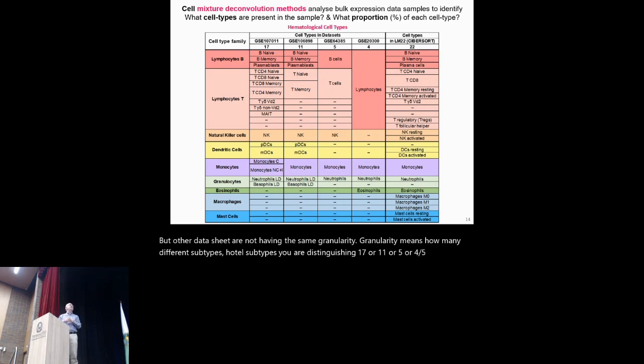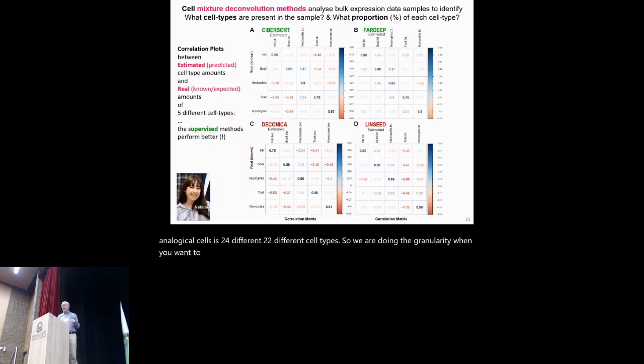CyberSort, the data matrix of CyberSort base that is standard to identify cell subtypes, immune and hematological cells, is 22 different cell types. So where are you in the granularity when you want to do a single cell analysis? No, we compare different